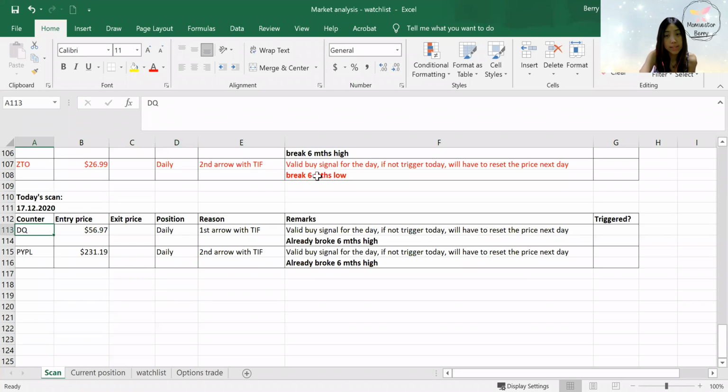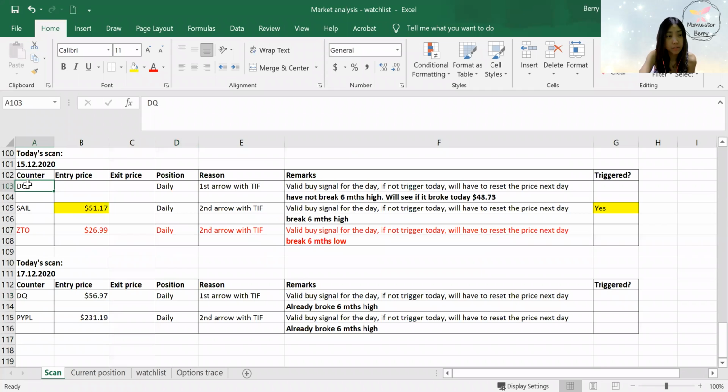so I do have a new stock to share for today. Let me check. Oh yeah, DQ. Last time, on the 15th of December, I did mention it. Yesterday I didn't do a daily market update because I was out the whole day and didn't manage to do a video. So yesterday I didn't do any stock screening, but on the 17th of December, which is today,